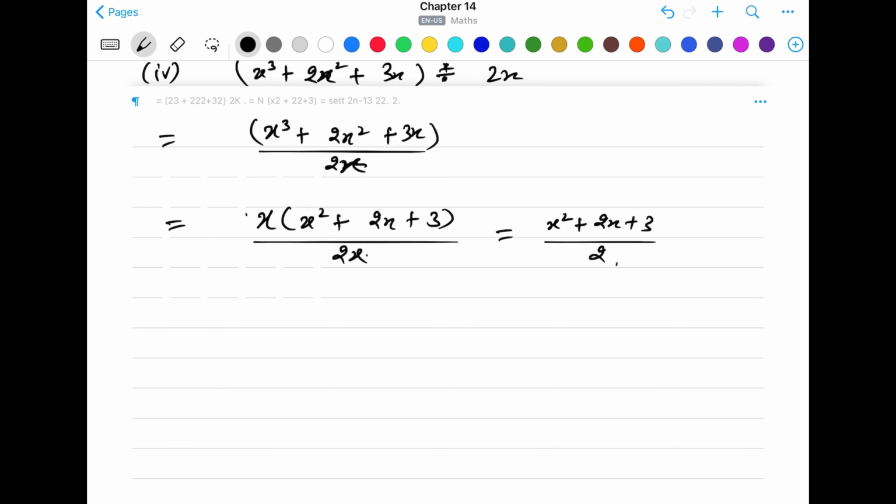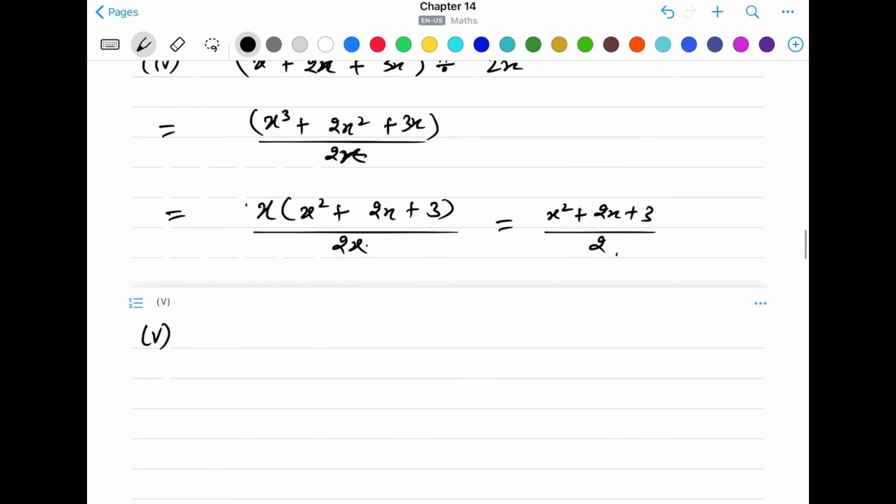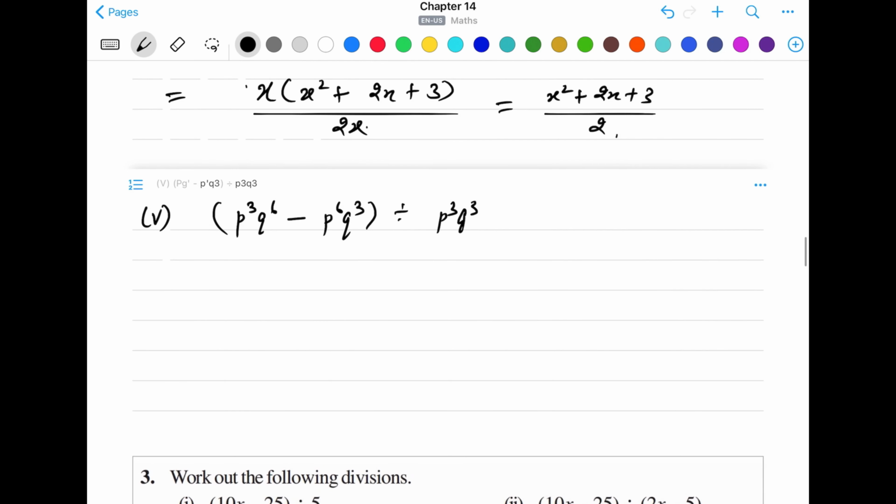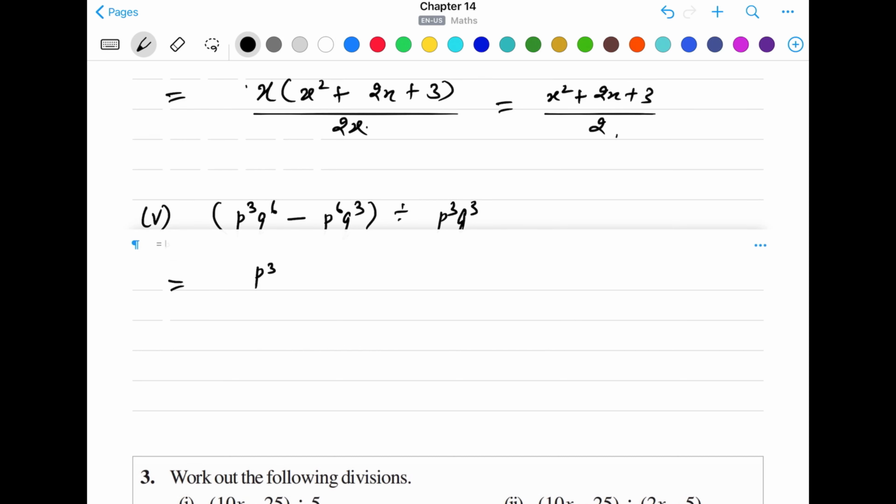Next we have part 5 of question number 2, which is p cube q^6 minus p^6 q cube. We have to divide this by p cube into q cube. So let's write them in division form. We have p cube q^6 minus p^6 q cube, which is divided by p cube and q cube. Now again, we cannot directly